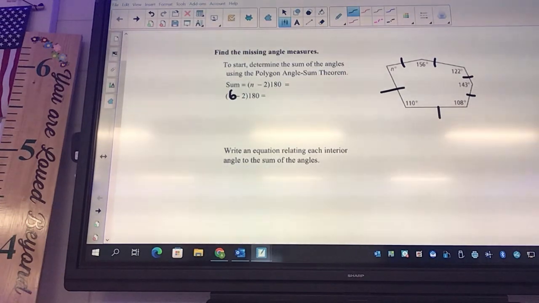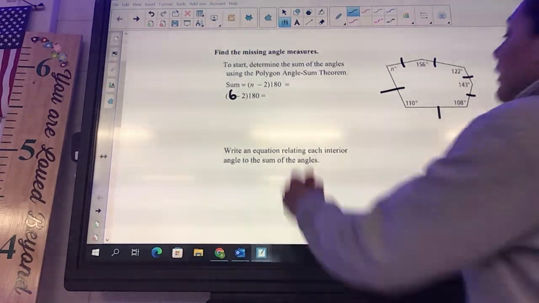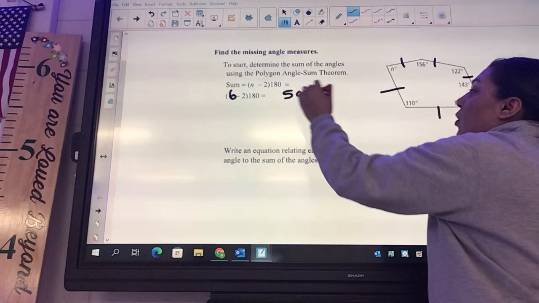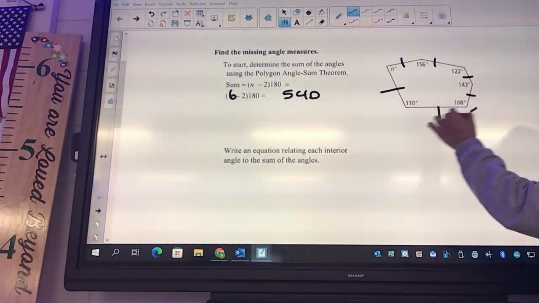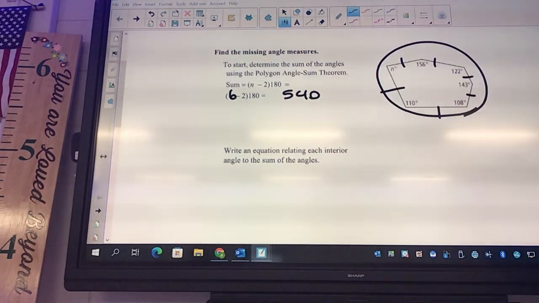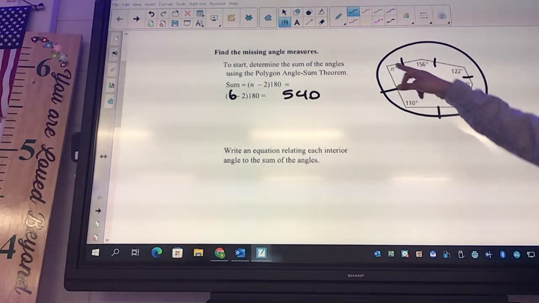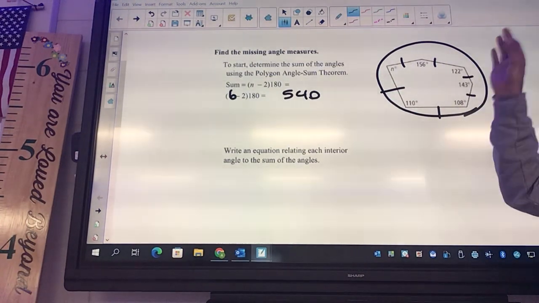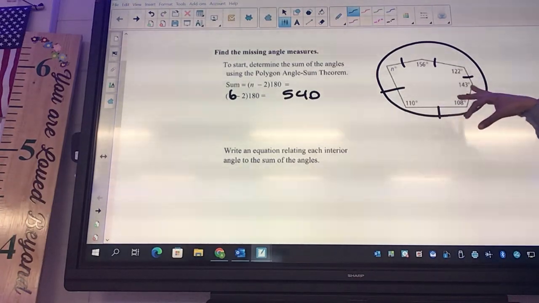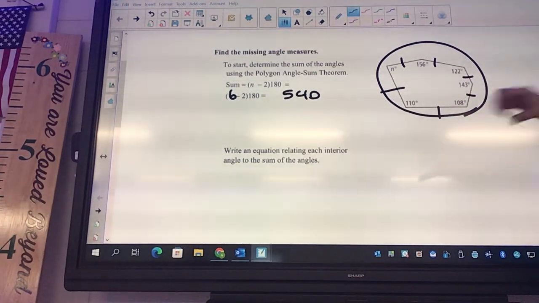Dante, what'd you get? 540. Okay, so we know that this whole thing equals 540. We know most of these angles, but they want you to find the other one. So essentially what you're going to be doing, and I can do it two ways,